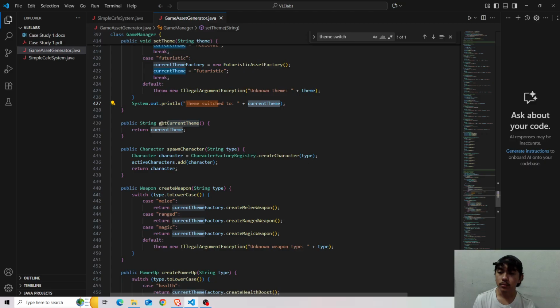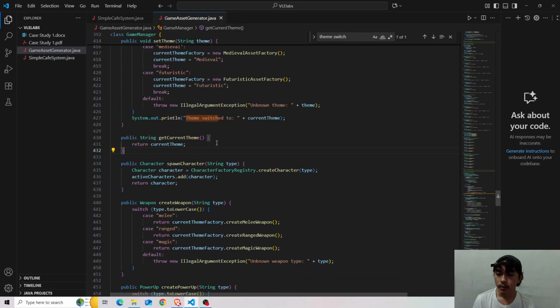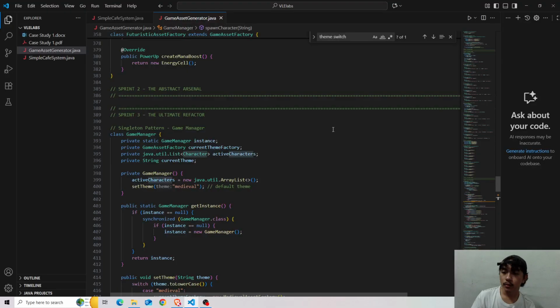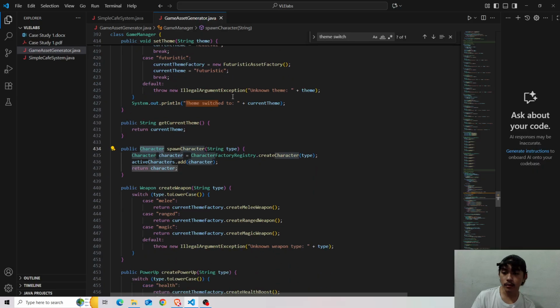Okay, we have here a getter for the current theme, and then for the characters, we have to spawn the characters applying the singleton pattern. So this counts how many characters are currently in a single game manager instance.